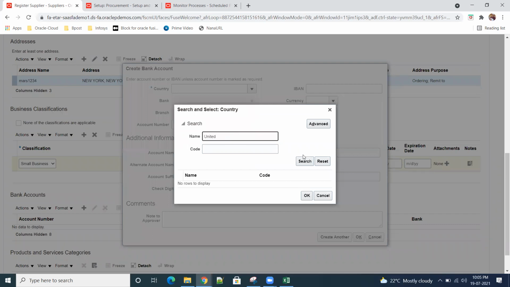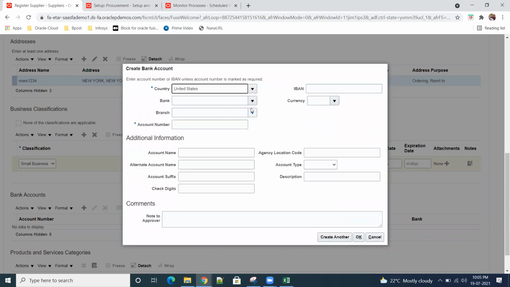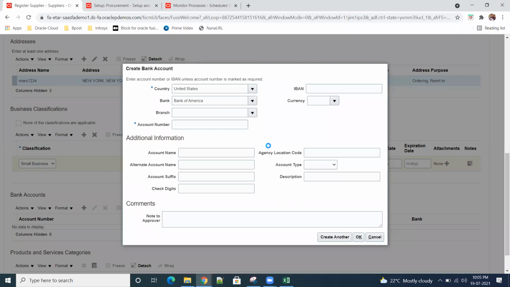United States, okay, bank of America branch, then our some account number. Currency will keep USD only, and IBAN number and all not required, so click